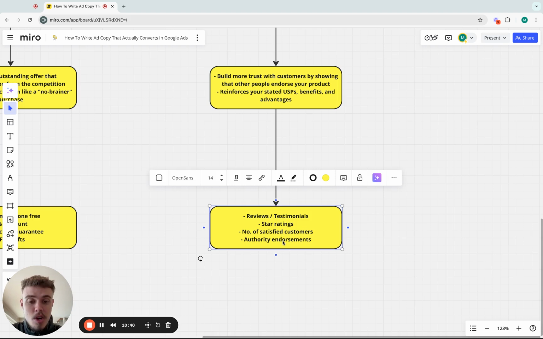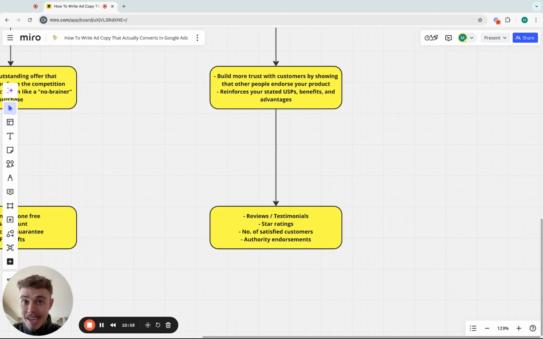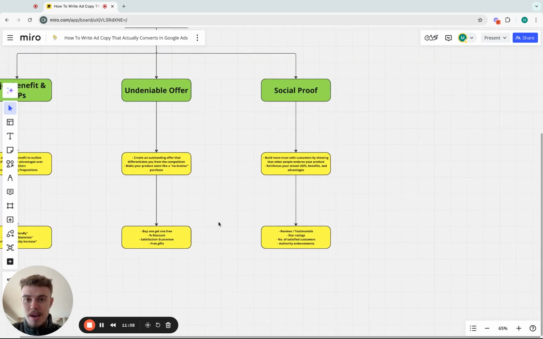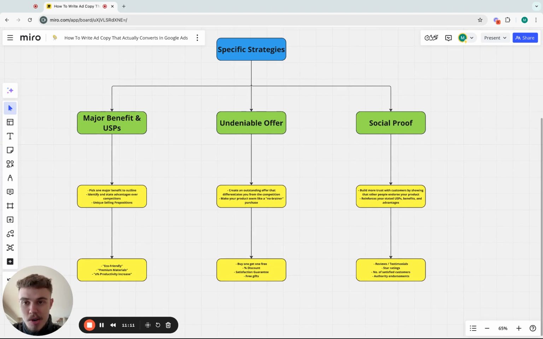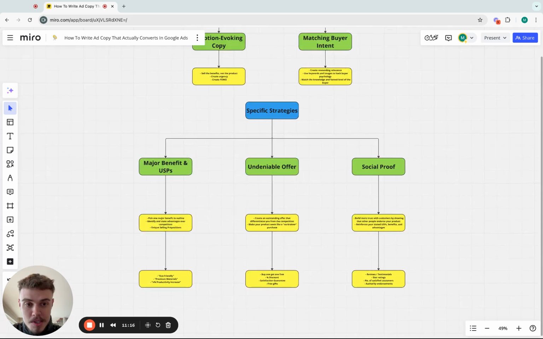Another one that's not as common, but I do think works very well, if, of course, it's legitimate, is authority endorsements. For example, for a skincare brand, if you were to say in your ad copy, loved by Kendall Jenner, whatever it may be, it's very likely to, again, increase your trust and click-through rate, because people realize that, wow, okay, authority figures, celebrities, whatever it may be, love your products and they'll probably love it too. So those are the main strategies that you can implement specifically to increase your ad copy performance and quality.